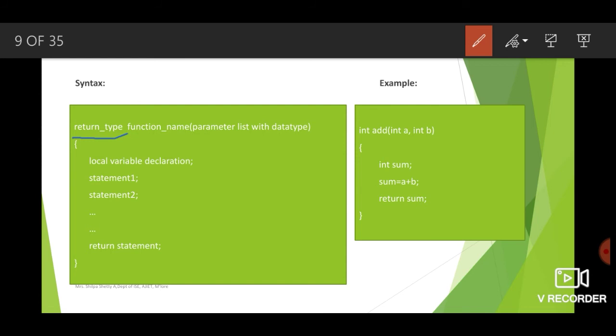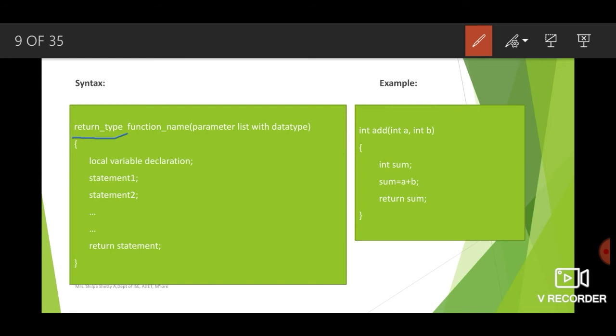What was your percentage in 10th standard? Say 90.17, which is floating point. That means depending on the question, the type of the answer is different. So what type of answer your function is returning, that is nothing but the return type of the function. Followed by the name of the function. Every function should have a name. So that function name is written here.